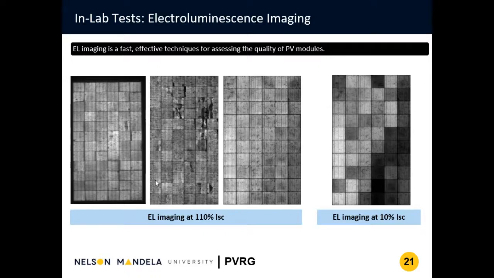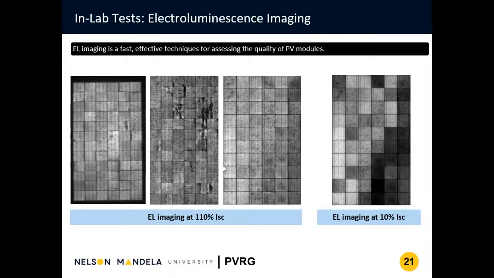So these first two images show where microcracks and module defects are present. Then in the third image, at 110% Isc, there are no obvious defects. But when you do EL imaging at 10% Isc, which is what's illustrated in the fourth image, you can see